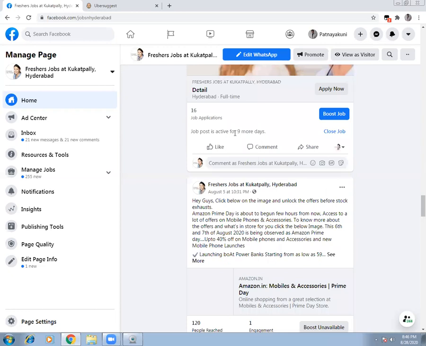Each job is live for 30 days and it's free of cost. Imagine I need to run a banner or something. They charge me like 20,000, 10,000. You need to run a small post in Eenadu or Times Jobs or something like that, saying, hey, I have done something like this.